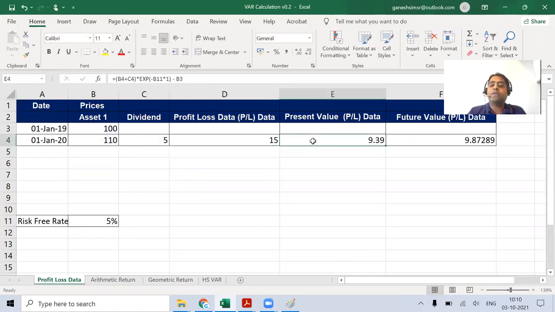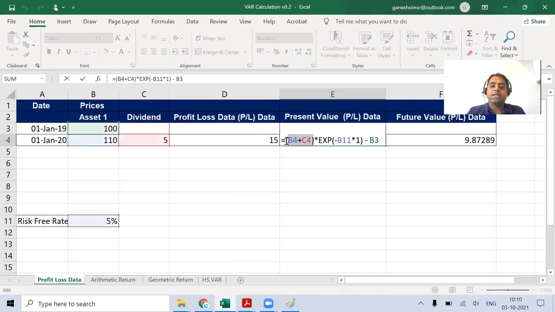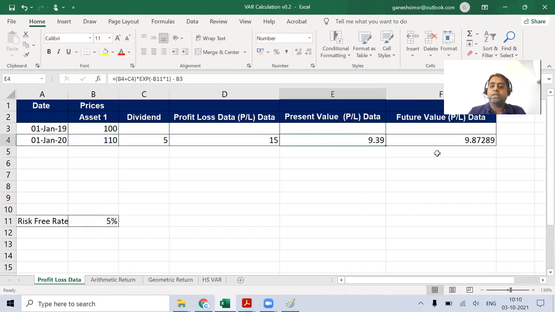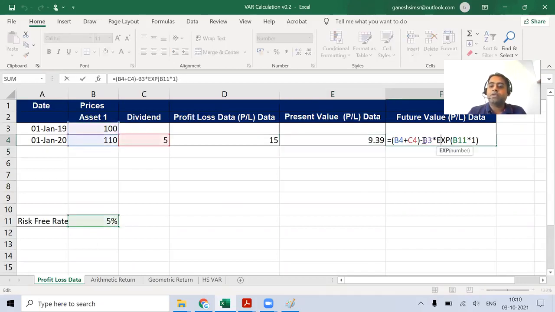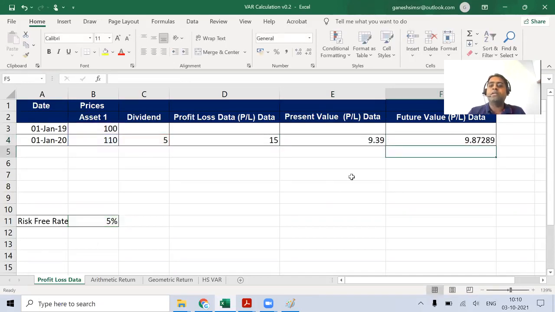But if you want to do adjustment, we can take the present value of the 110 plus 5. Can you see this entire thing is 110 plus 5. I've done the present value with a rate of interest of 5%, taken in the example, and then minus 100 from it. The other method would be to take the future value. So can we see that the future value of 100 is taken into consideration and then we have calculated the PNL. Okay, so these are the two basic adjustments that we can do to make sure that the profit or the returns that we want to calculate are in sync and on the same timeline.